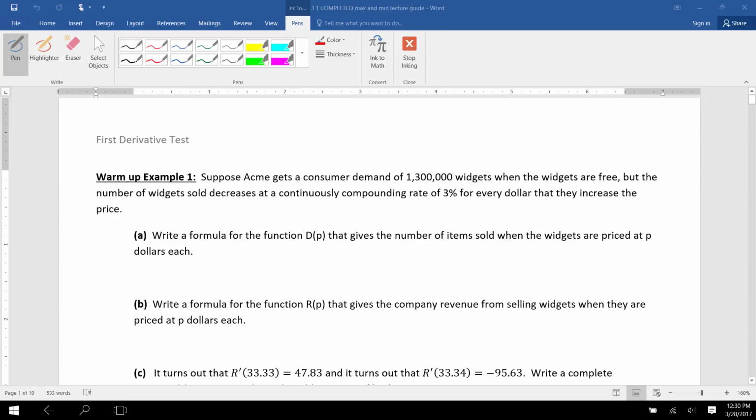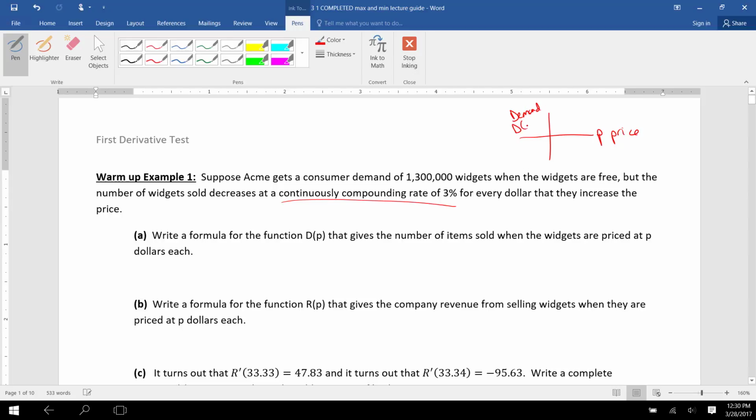In Unit 3, Block 1. This is the first page. So in this example, it says Acme gets a consumer demand of 1,300,000 widgets when they're giving them away for free. But the number of widgets sold decreases at a continuously compounding rate of 3% for every dollar that they increase the price. So notice here, if you think about this graphically, we're inputting P, price, outputting demand, number sold,